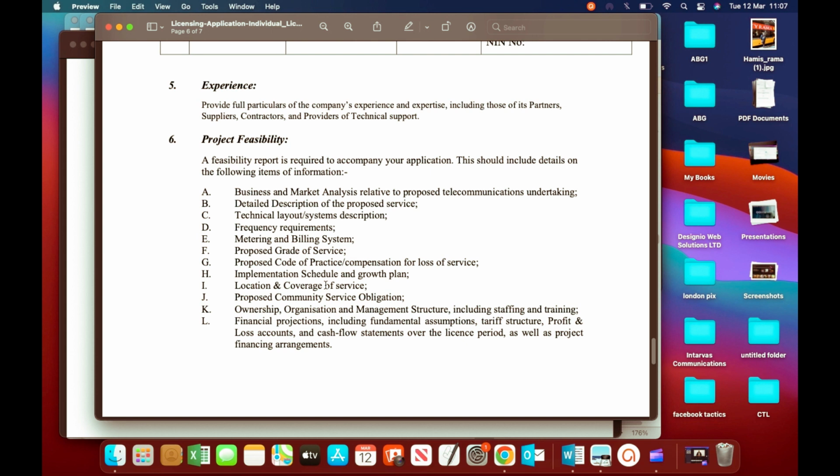First is business and market analysis, as I said. So what the commission here wants, from my own experience, is that you need to develop an overview of the market you're trying to go into in relation to the license you're applying for. For example, if you are applying for a value-added services license using shortcode, so here you are specifically talking about